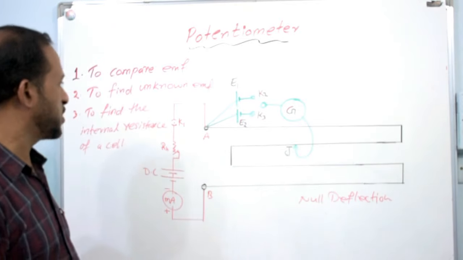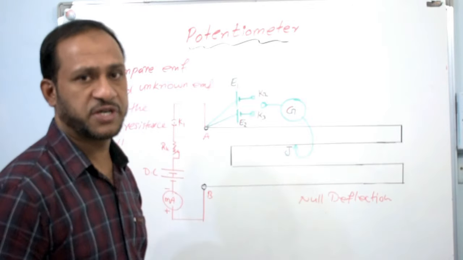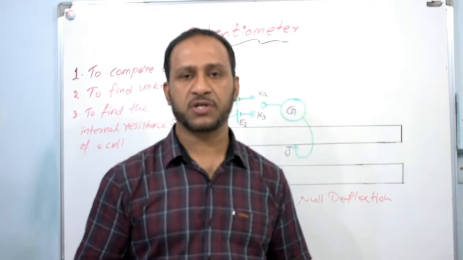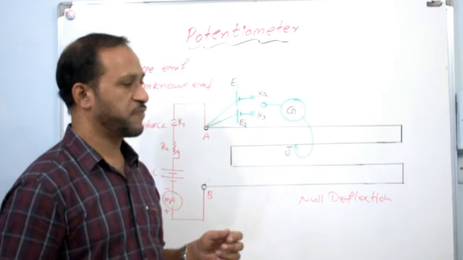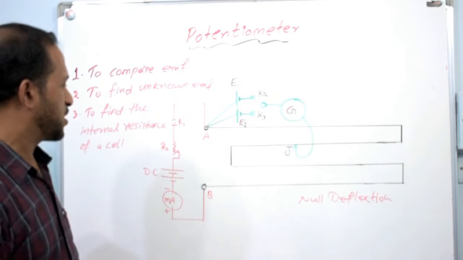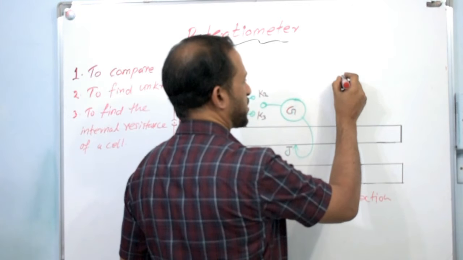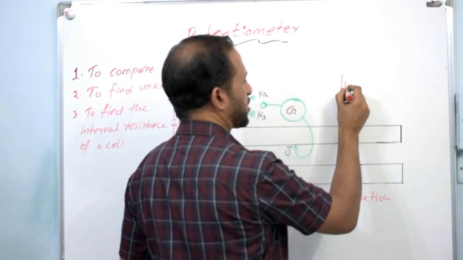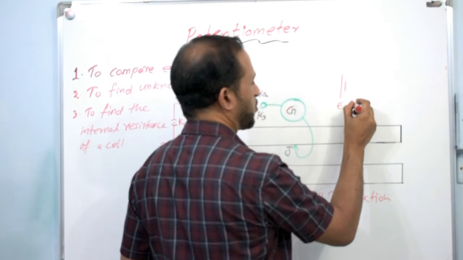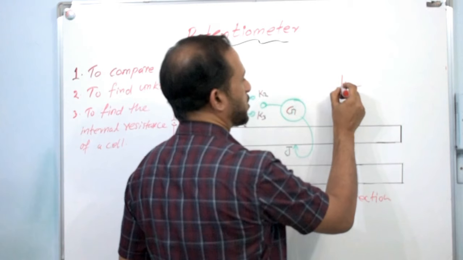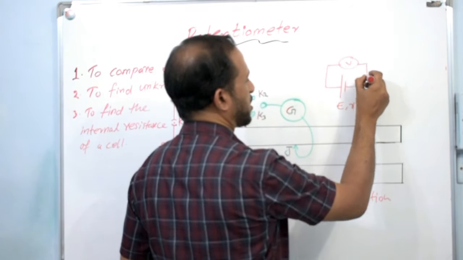So here, the potentiometer is a device. It is used for measuring EMF of a cell. For measuring EMF of a cell, we cannot use a voltmeter. The reason is that if you are using a voltmeter for measuring the EMF of a cell, for example, suppose I have a cell here. It is having an EMF E and internal resistance small r. If I am connecting a voltmeter parallel to this cell, a voltmeter like this,